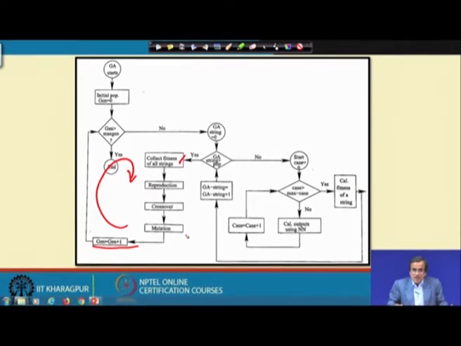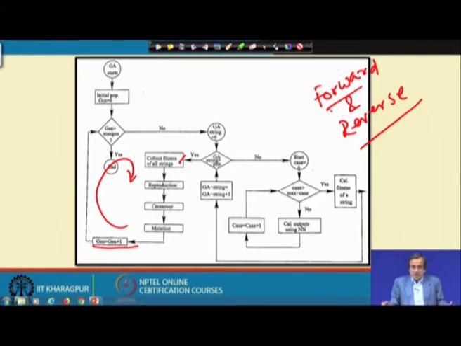As I told, this principle can be used both for the forward mapping and the reverse mapping, and these problems are to be solved, because we want the input-output relationship in both directions, if you want to automate any such engineering process or any such engineering system.